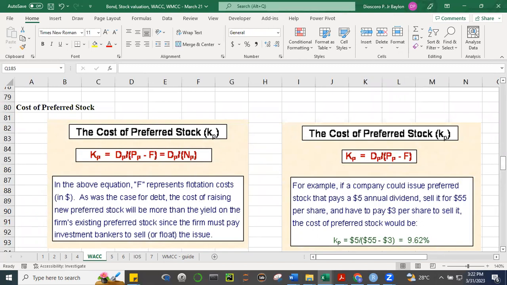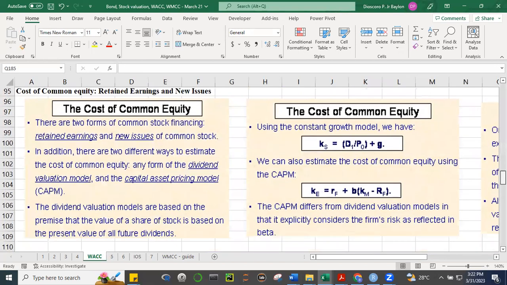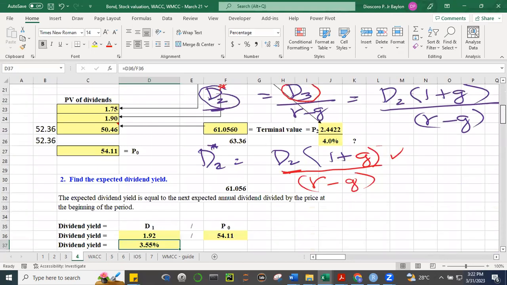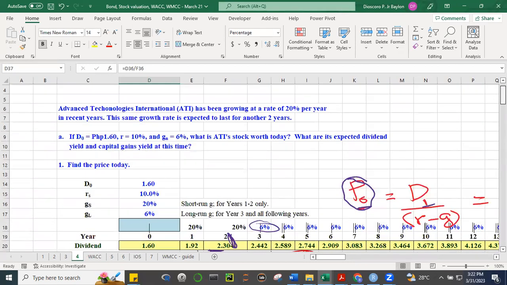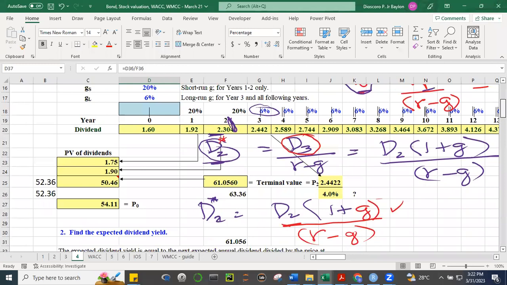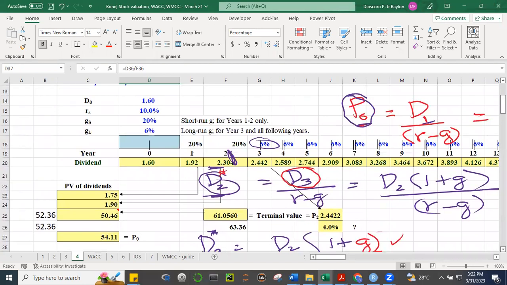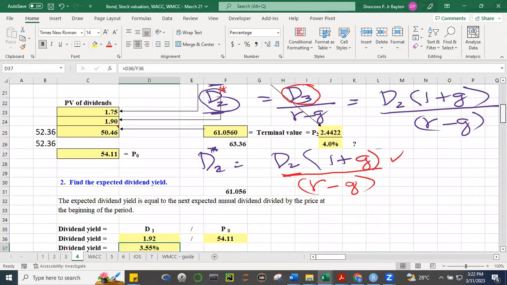We can show easily that the price, di ba, na last time, na-define natin yung price, di ba? Here. The price is equal to the present values of all your dividends. Okay, and it can be shown that we can compute for the R. We can compute for the required return if we know the price.